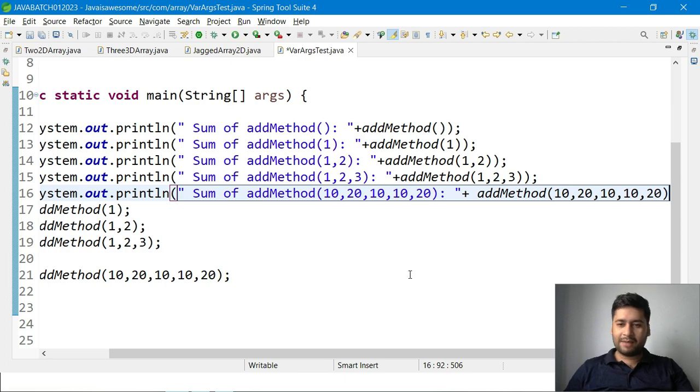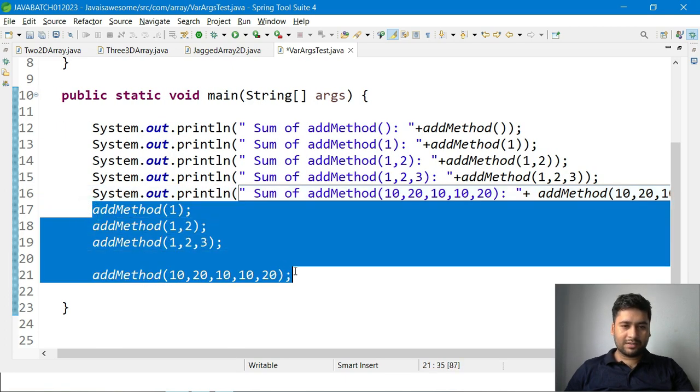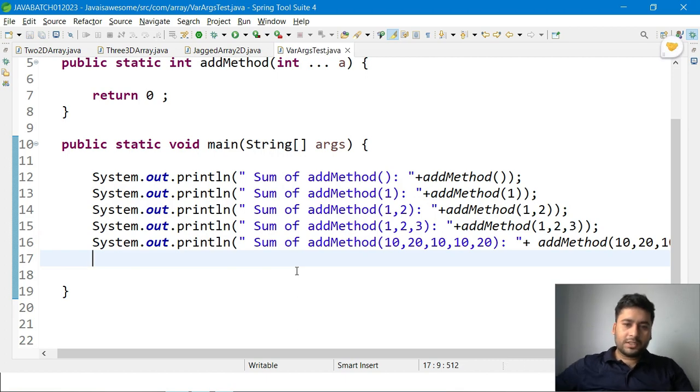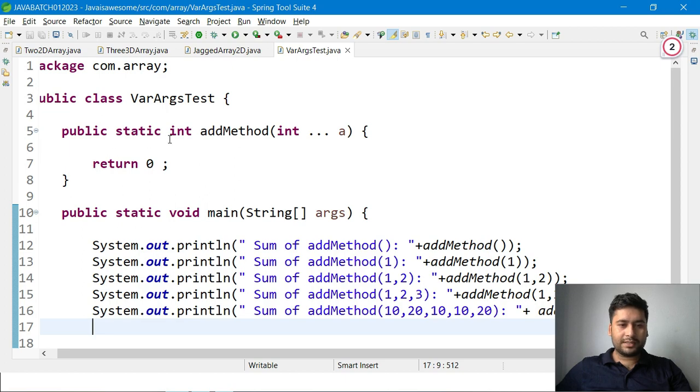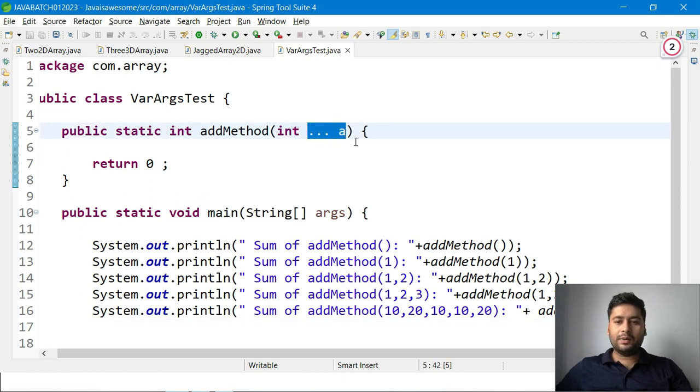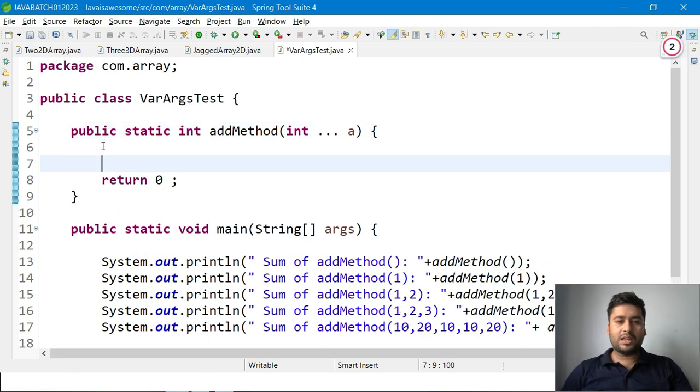So this is the call we have written inside the S out, so that whatever you have written will print also. This is the method call I have written, and here I have to take this value. Whatever value, maybe it will pass 1, sometimes 2, sometimes 3, sometimes 4, whatever value they pass, I have to store it, calculate the sum of those numbers, and return it. So I will go with the enhanced for loop, and the type is integer, so I will create one variable, int, and give the name i, and here I will give a. So from a, having all those values like an array,